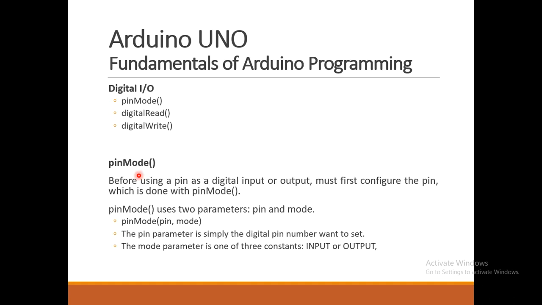So next one is digital IO. There are certain predefined functions to pass the input and output from the pin to the board. So pinMode mainly has two parameters: the pin number as well as the mode of operation, either input or output. I have to give the pin number, which pin number is being used, and whether you are reading the data from that particular pin or giving the data from that pin to the output.